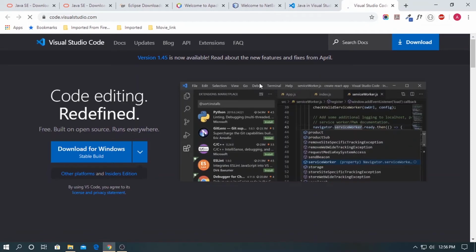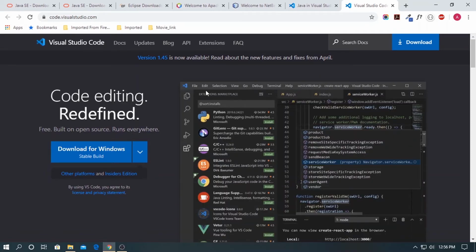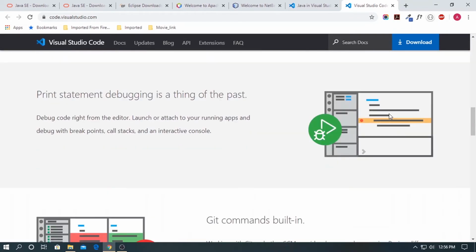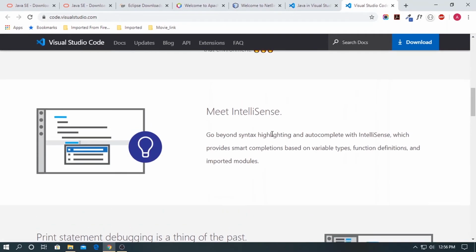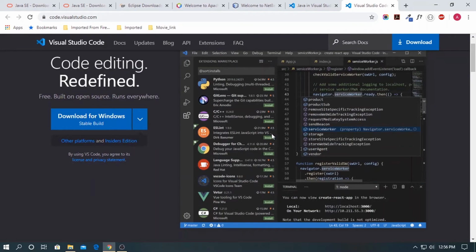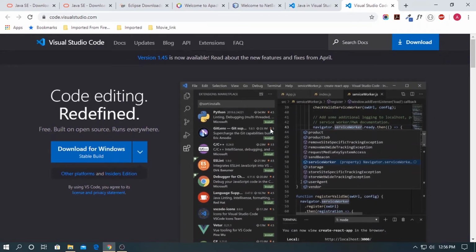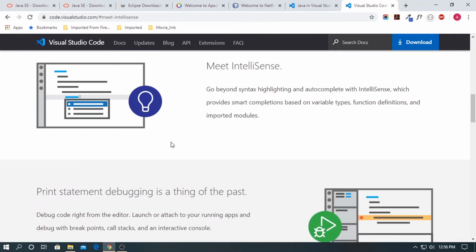Visual Studio Code is one of the popular IDEs, and it has many of the required functionalities for various types of languages. It has numerous plugins, so we can add extra functionality by installing them. It has IntelliSense, which is syntax highlighting and autocomplete.